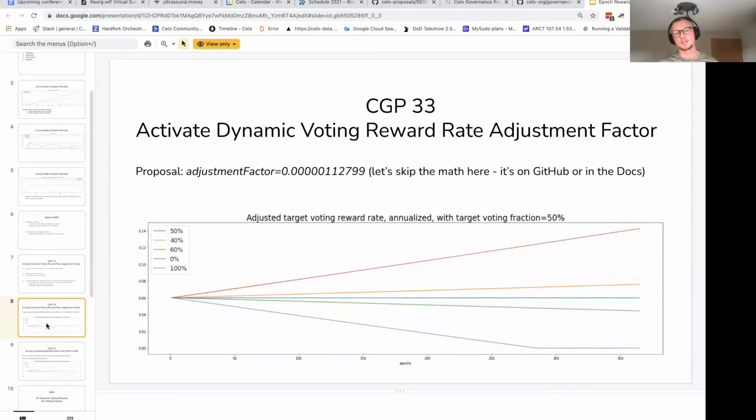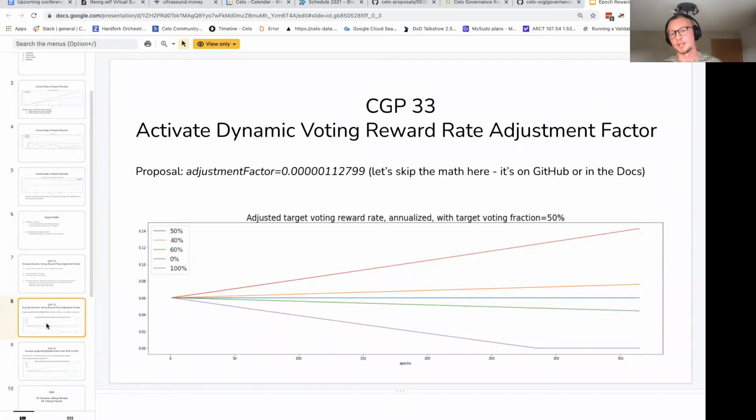That was the logic of how we chose the adjustment factor. We wanted to choose it in such a way that if the current numbers were constant for the whole next year, so 60% actual voting fraction with a 50% target, the voting reward rate would move by a maximum of 2% in the annualized voting rate. You can see that the 10% deviation is the yellow and the green line: 40 and 60% deviate 10% from a 50% target.